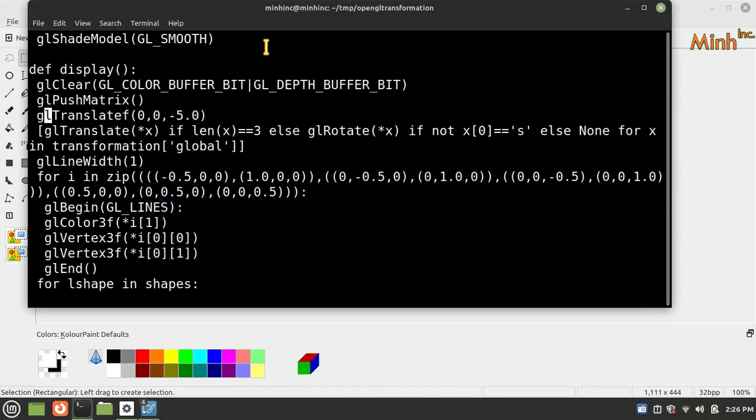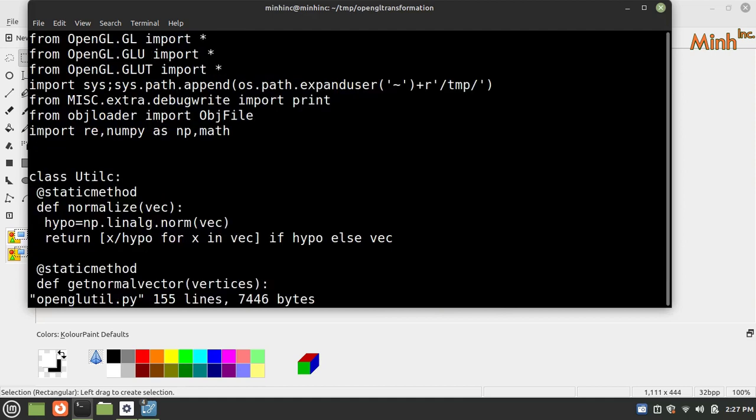So projection we have pushed to minus 0.5. Then we do GL translate x if len is x, rotate x if not x equal to x0 equal to. So if I see this code and keyboard,